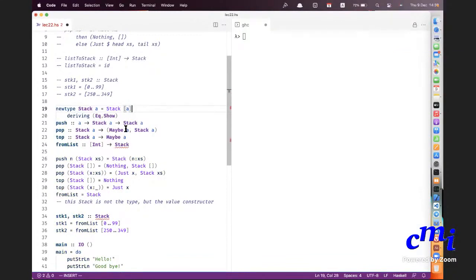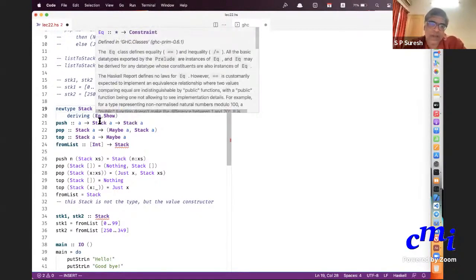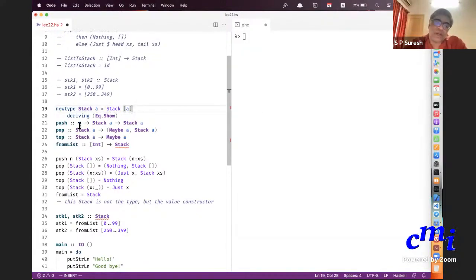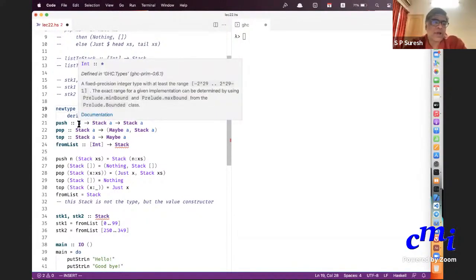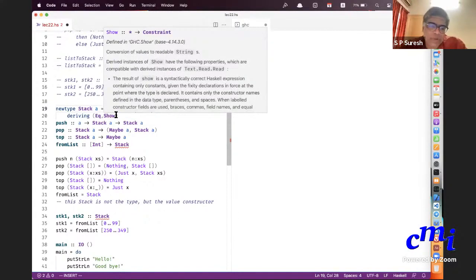Okay. Right. Then when we are writing deriving Eq, Show, A should be compatible with it, right? Right. That is true. A should also be showable, etc., etc. That's right. That will be caught here. Okay, we'll see in a minute where that comes up.